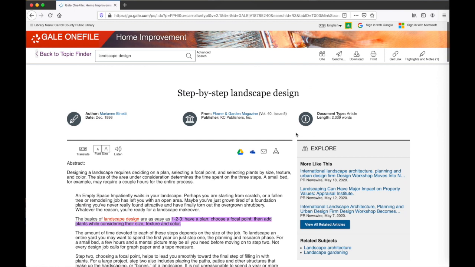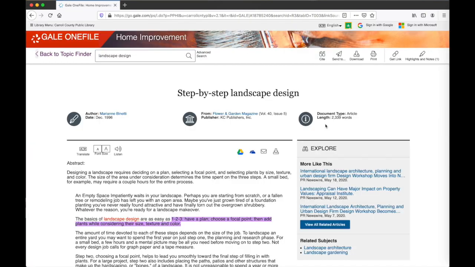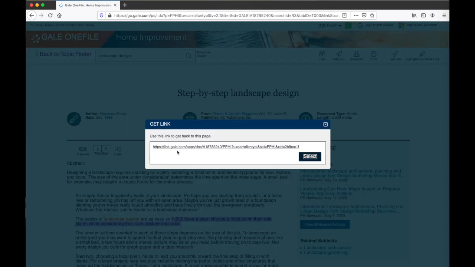Also, if this is something that I'd like to keep in mind and remember for next time, I can click send to, and that means I can email a link to this article to myself, or if I had OneDrive or Google Drive open, I could also save it there. I can download it as a PDF, and then I'll have a copy of it. I can print it, or I can get a link to it. So this is going to be a static link to this resource that I can go back and review later. So I like to use either sending to email or the get a link,